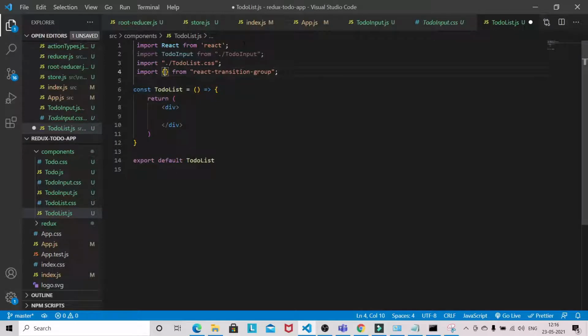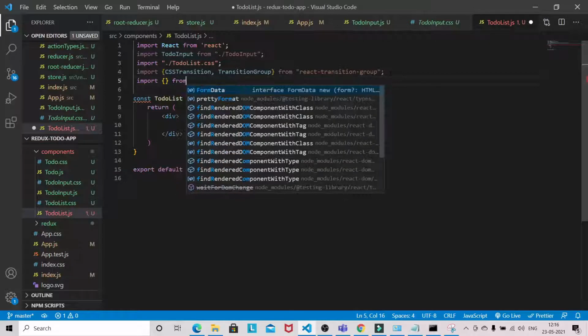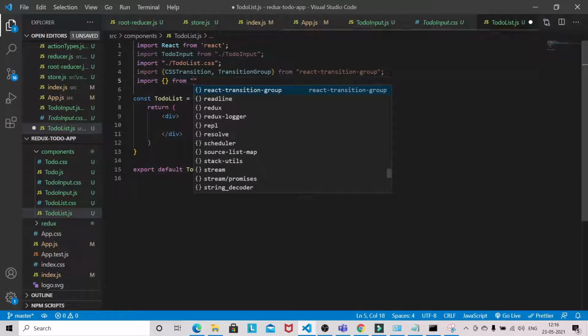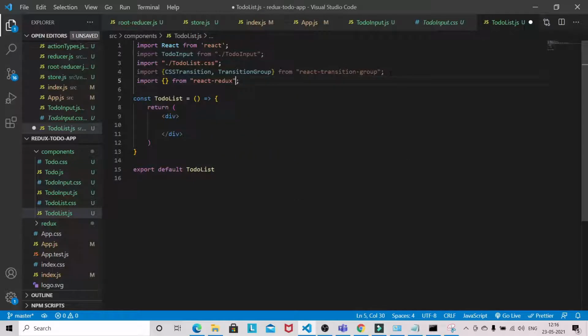So from react-transition-group, CSSTransition. Import from React Redux. So we need useSelector, useDispatch,